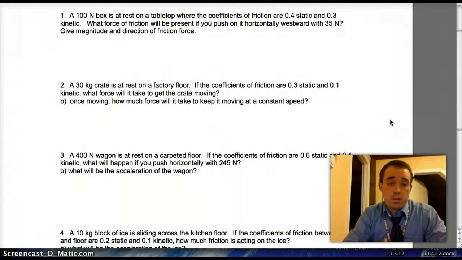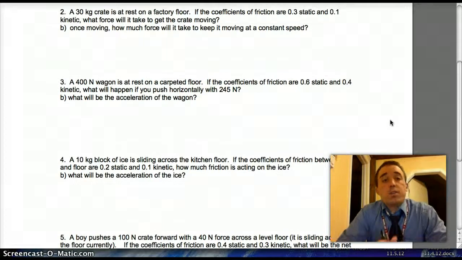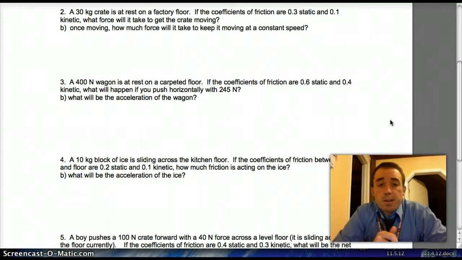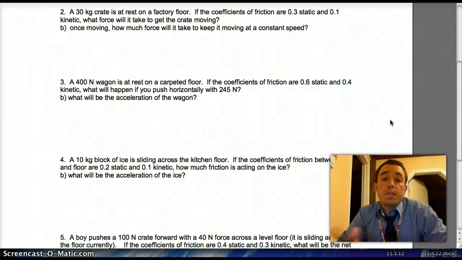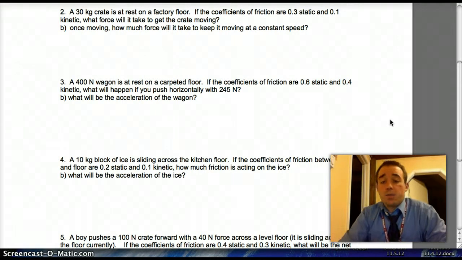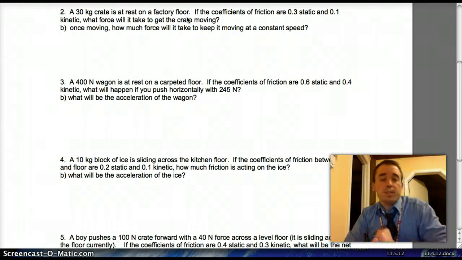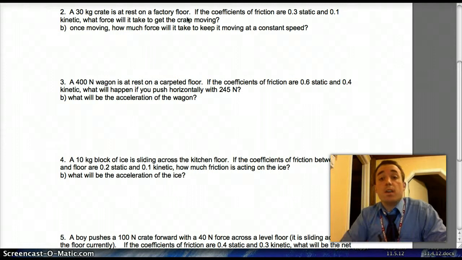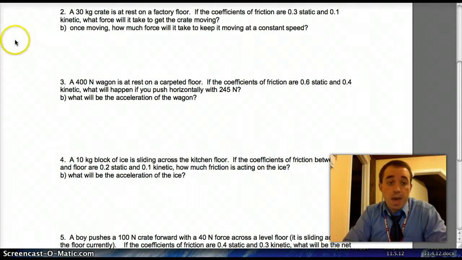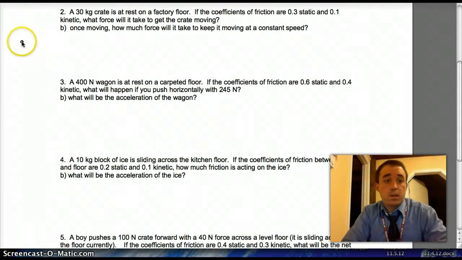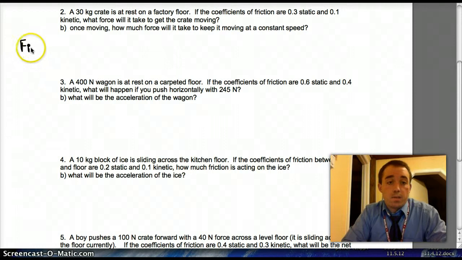Question 2. Question 2 says, a 30 kilogram crate is at rest on a factory floor. Coefficients are given. What force will it take to get the crate moving, and how much force does it take to keep it moving at constant speed? So to get the crate moving, I have to be just a slight bit above the static friction force. And the max static friction force,